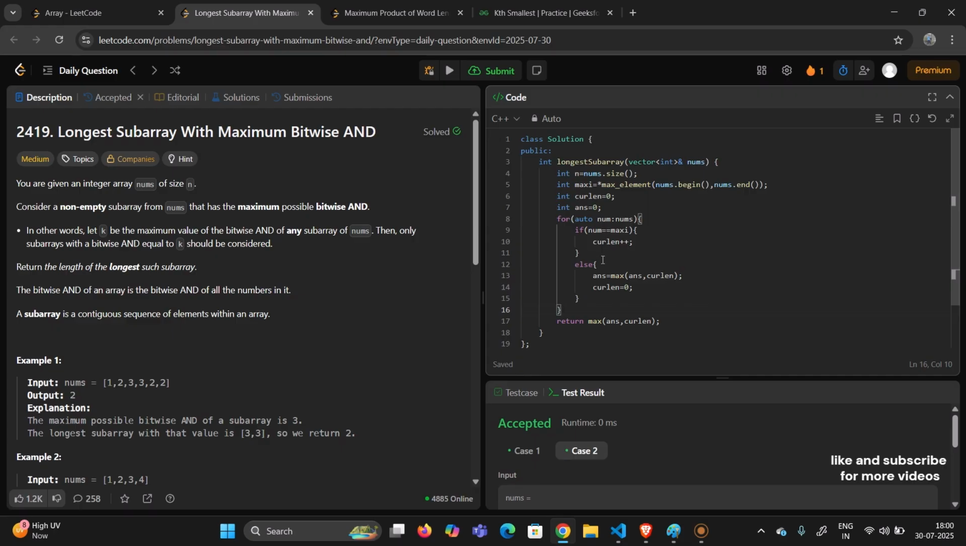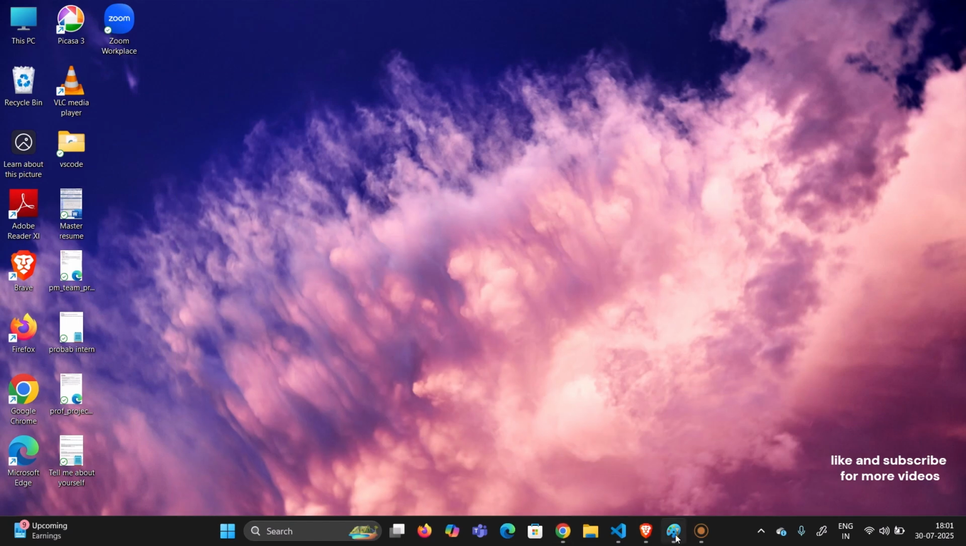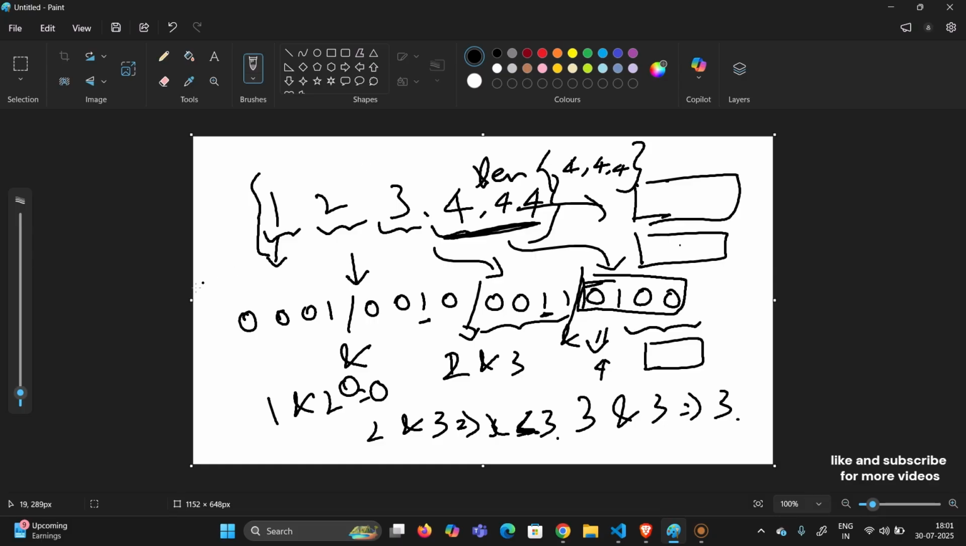If the num is not equal to the maximum element, then current length will obviously be 0. When there are continuous maximum elements, this current length will keep increasing. And I'm storing it when that comes to an end. So when there are continuous larger elements, let's say